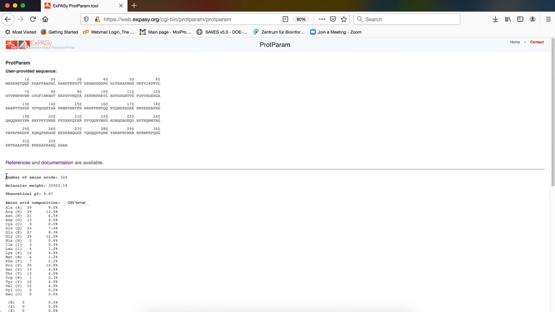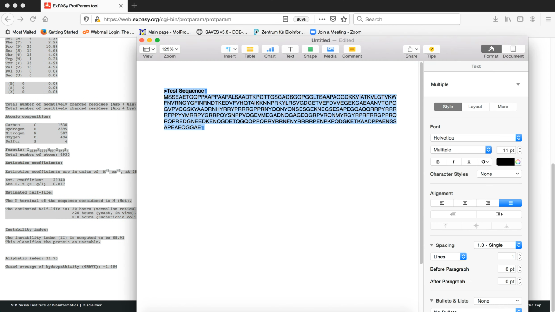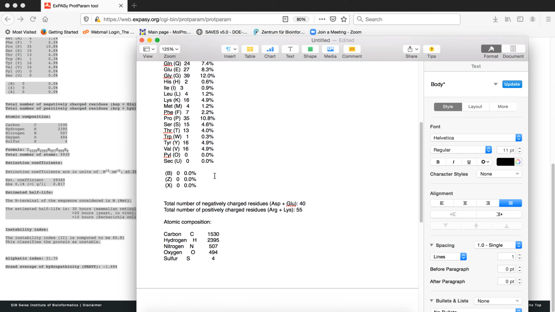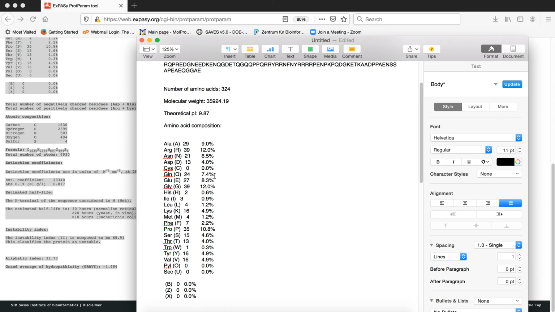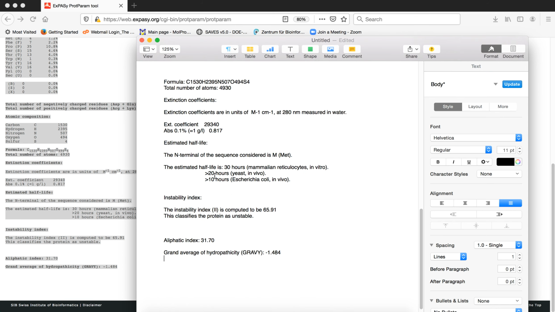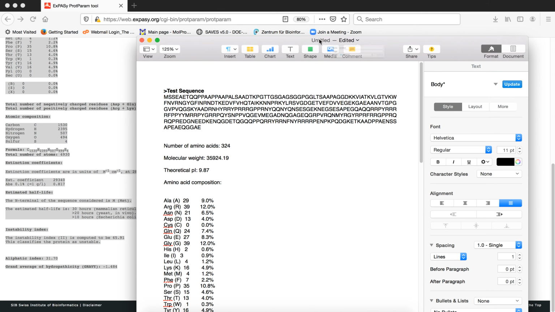Now it is important that we copy and paste all the parameters that we are getting, and keep them in the same sequence file with which we are generating the data. Okay, so this is our sequence file, and we can then save it as the respective sequence name. Since this is a test sequence, I will save it as test sequence.